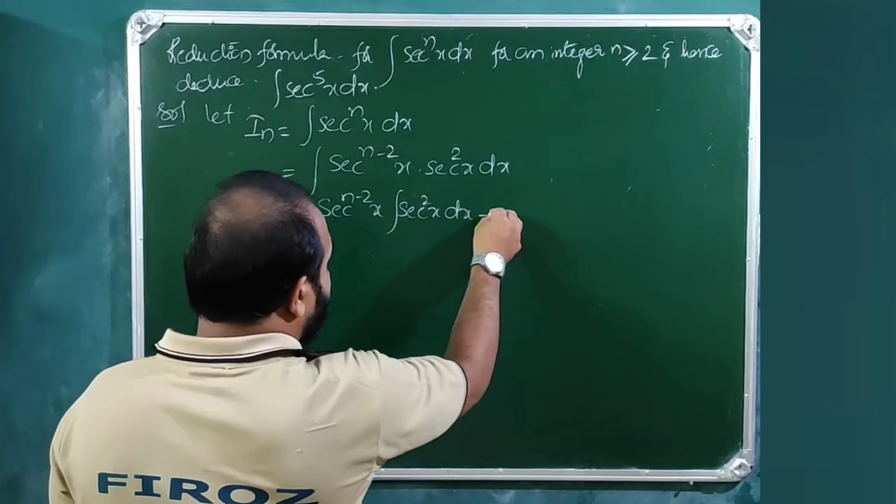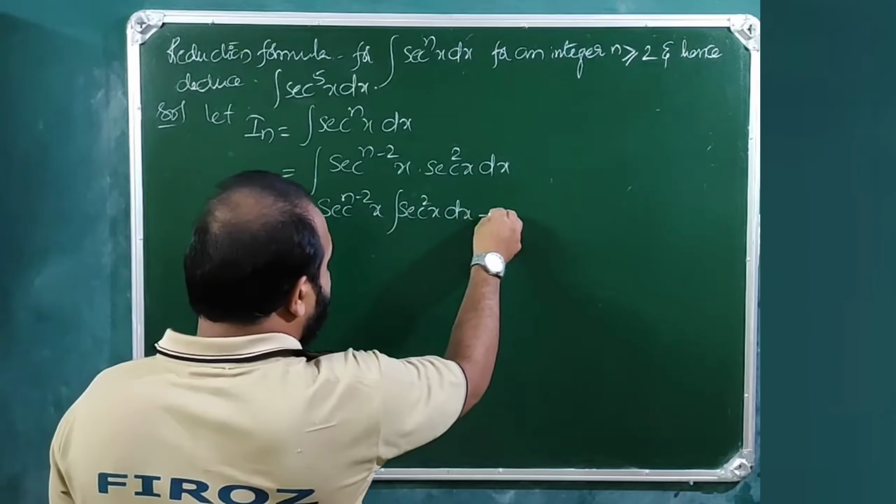So this is secant power 5 minus 2, which is 3, x into tan x by 5 minus 1, which is 4, plus 3 by 4 I 3, since 5 minus 2 is 3. Now 3 is still greater than 2, so this reduction formula which we have deduced is also applicable. So this is secant cube x into tan x by 4 plus 3 by 4 into